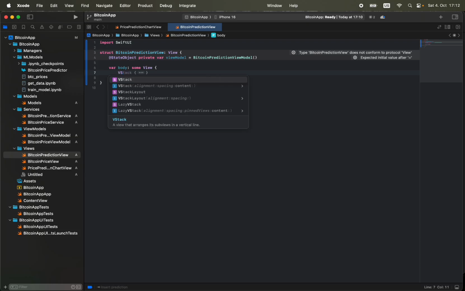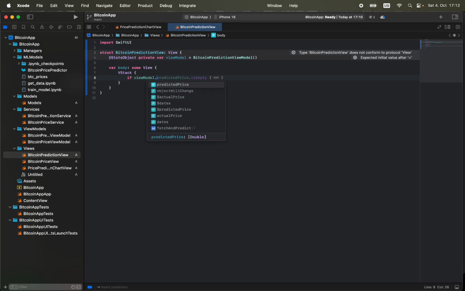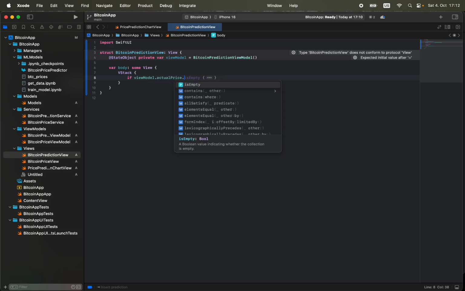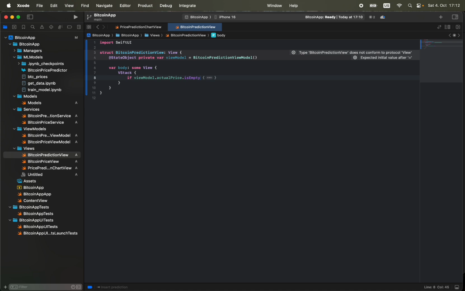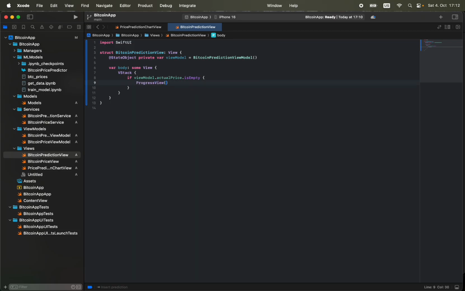Here we need the vertical stack, and if ViewModel dot actual price dot is empty, we have a progress bar, progress view, loading predictions, else,